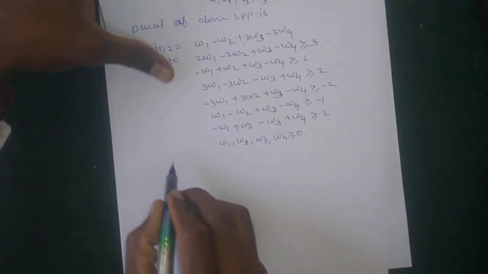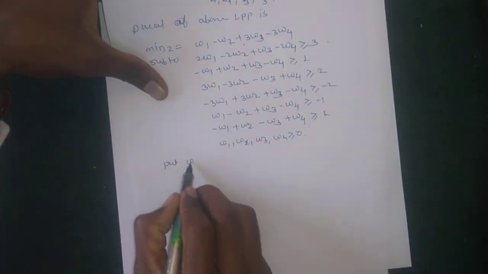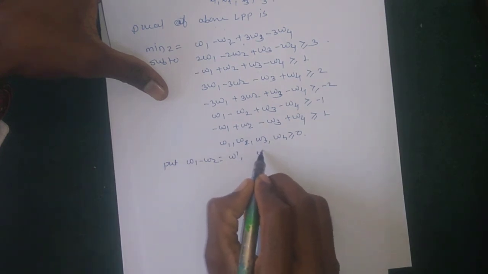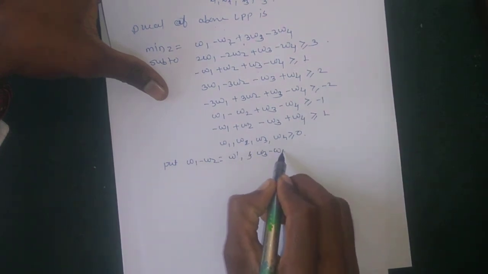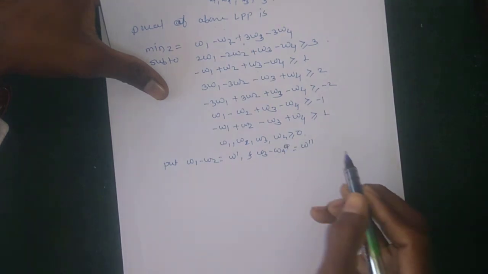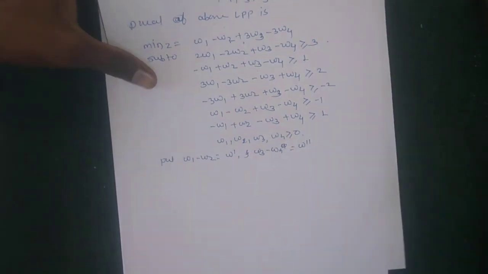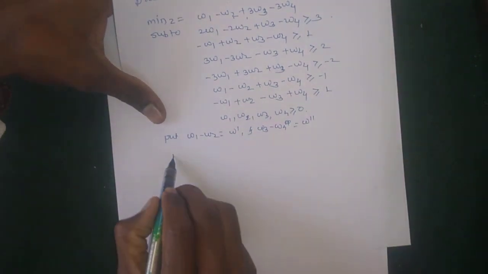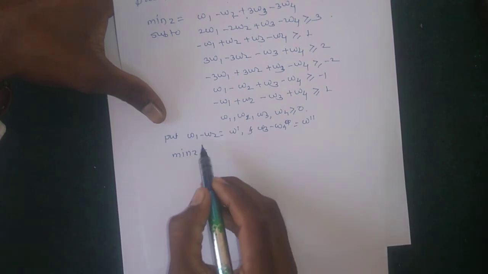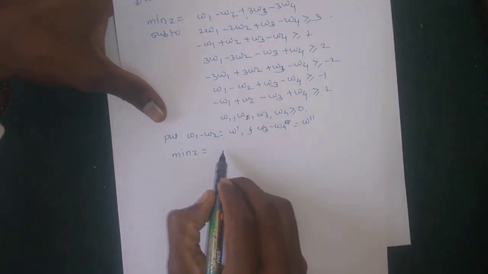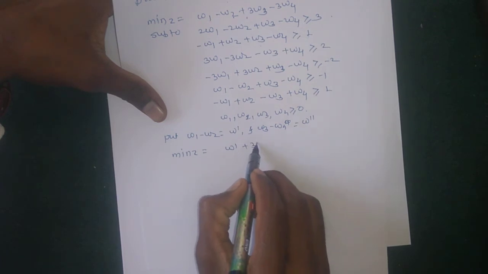So put w1 - w2 = w' and w3 - w4 = w''. After substituting, minimize z = w' + 3w''